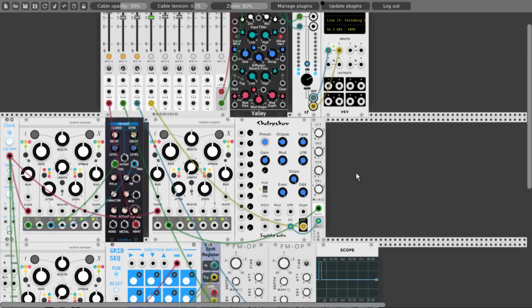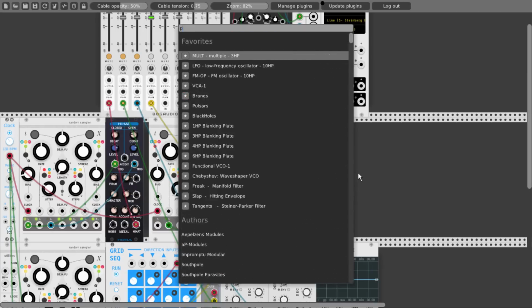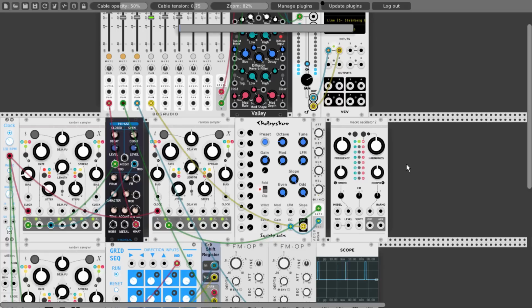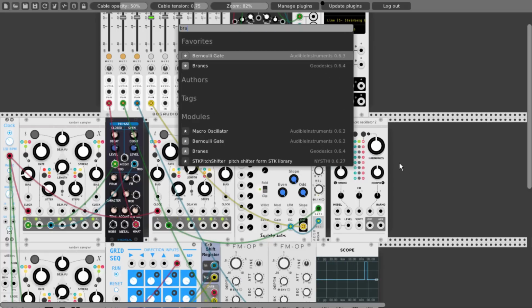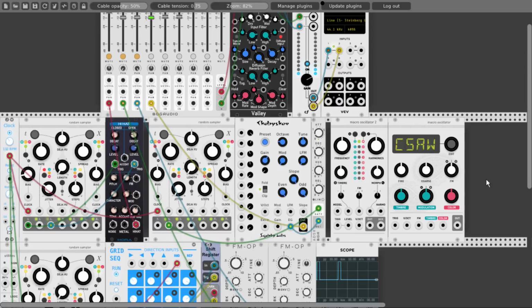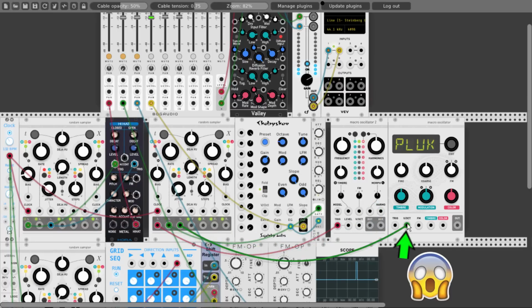Very nice. Now let's add two more voices and use the T1 and T3 outputs. And for this we will use both macro oscillators, Plaits and Braids. And let's switch Braids to plaque mode. There you are. And let's now send T1 and T3 triggers to both of them. So T1 will go to Plaits and T3 will go to Braids.